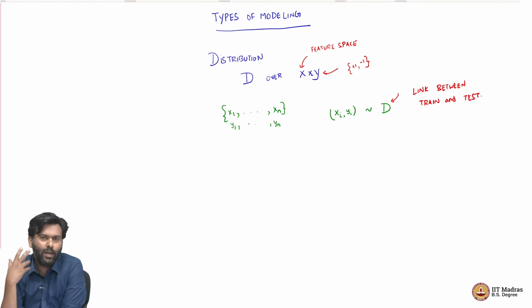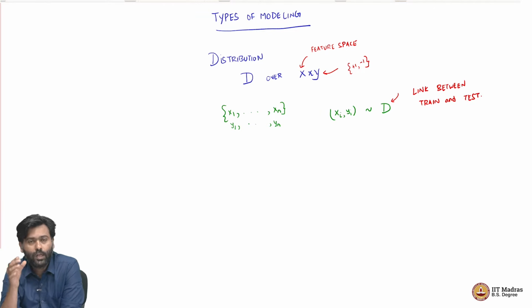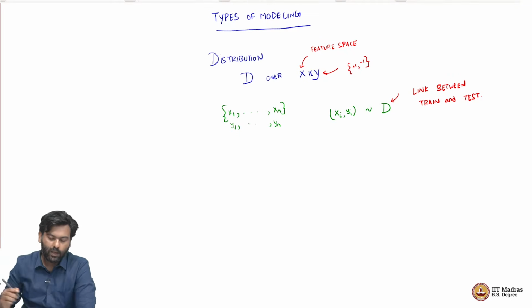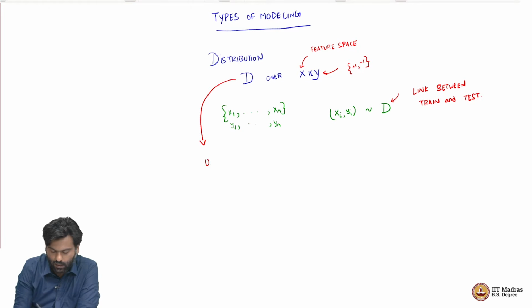So, which means if we understand the characteristics of this distribution well, then the hope is that we will be able to use that to make predictions well, right. So, that is the hope. At this moment, we are not making absolutely any further assumptions about this distribution D. We are not saying any specific distributions are associated. For example, we are not saying that the features are Gaussian distributed. We are not saying the labels are Bernoulli distributed, nothing of that sort at this point, right. So, at this point we are saying there is some D, and the only thing we are assuming about this D is that it is unknown